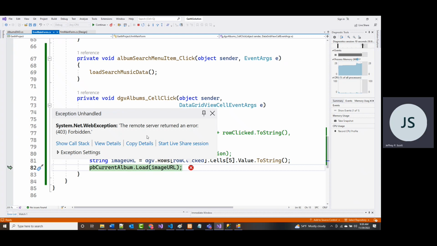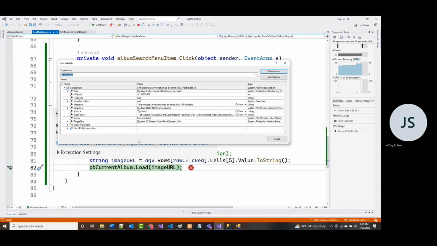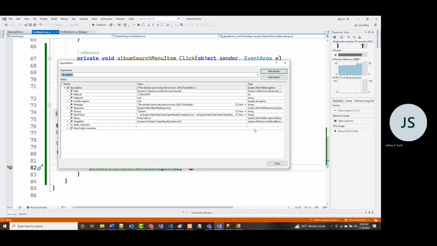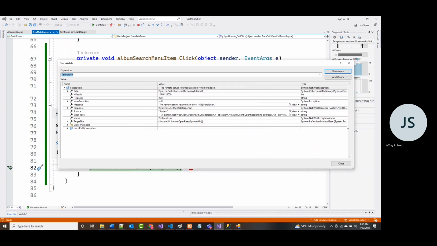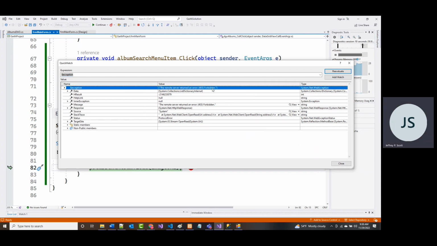It says the remote server returned an error, 403 forbidden. Well, that's interesting. View details. Well, I want to grab this. It's not letting me.